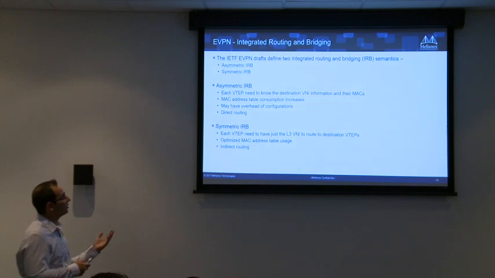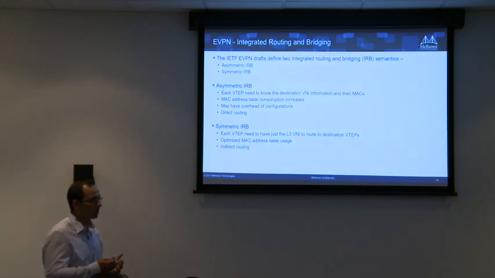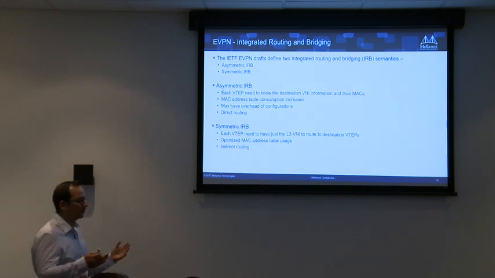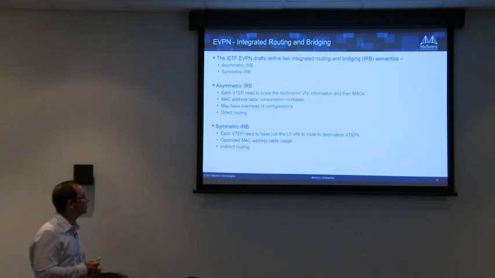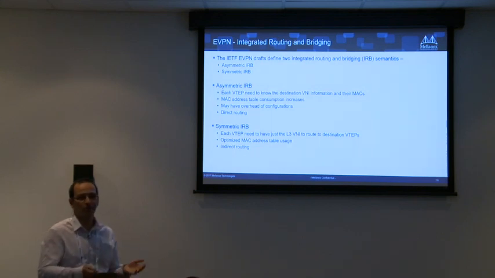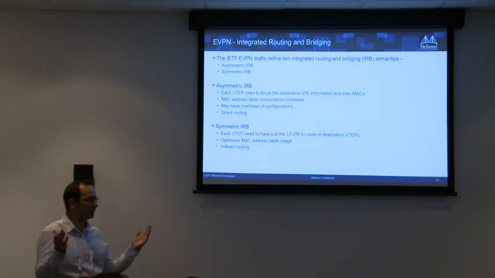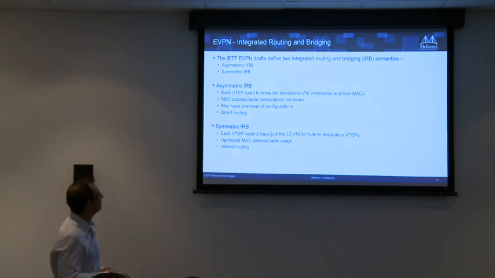There are some names for it, RIOT, IRB, and so on. I'm going to call it VXLAN routing. And there are 2 ways to do it. One is called asymmetric. The other one is called symmetric. Why are there 2 options? Because each vendor decided what they want to do. We are doing both, because this is the way we can live in peace with all other vendors.